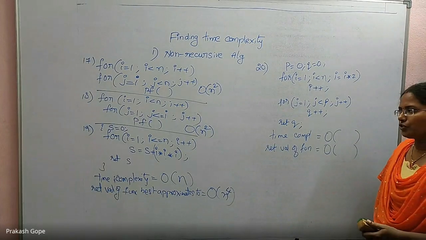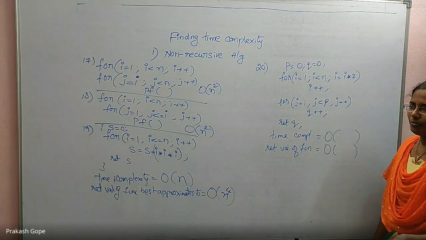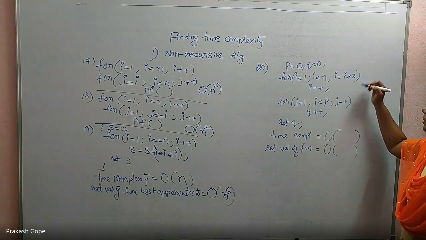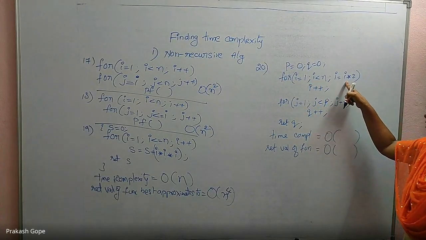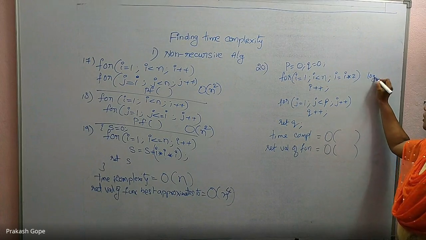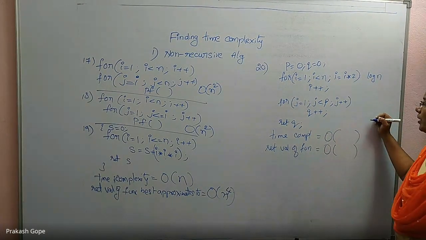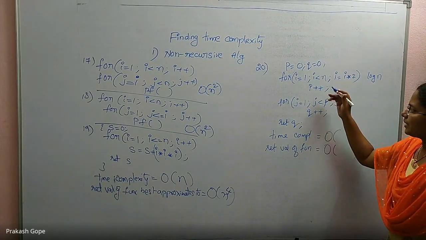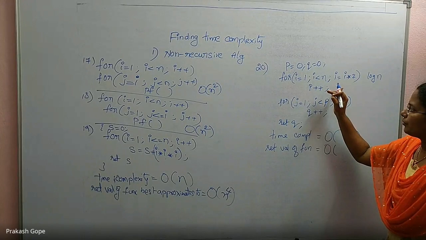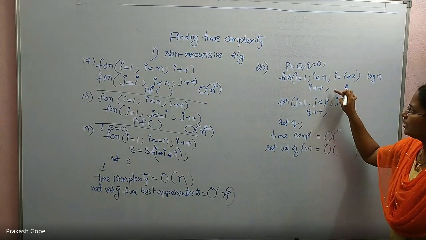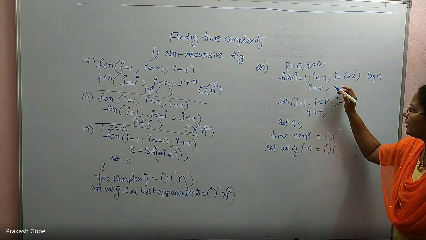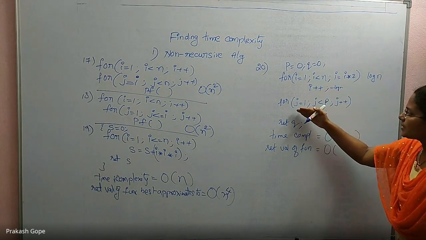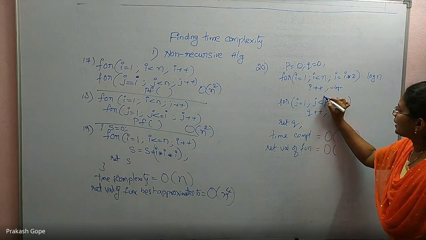f of n plus g of n equal to big O of max of h1 of n comma h2 of n. Okay, this for loop starts from 1 and goes till n, i equal to i star 2, which means it is running for log n times. So for log n times, this is getting incremented. It becomes 1, 2, 3, 4, 5 up to log n times only, because this line gets executed for log n times. So p value becomes log n. So before I start this for loop, p value is log n. That I am substituting here.